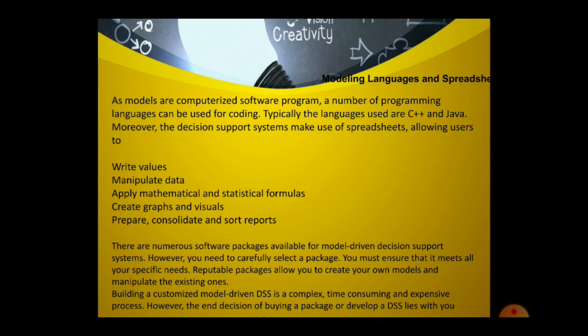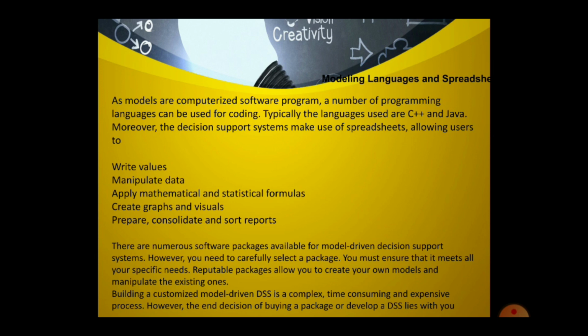Typically, the languages used are C++ and Java. Moreover, the decision support system makes use of spreadsheets allowing users to write values, manipulate data, apply mathematical and statistical formulas, create graphics and visualizations, and prepare consolidated and short reports.